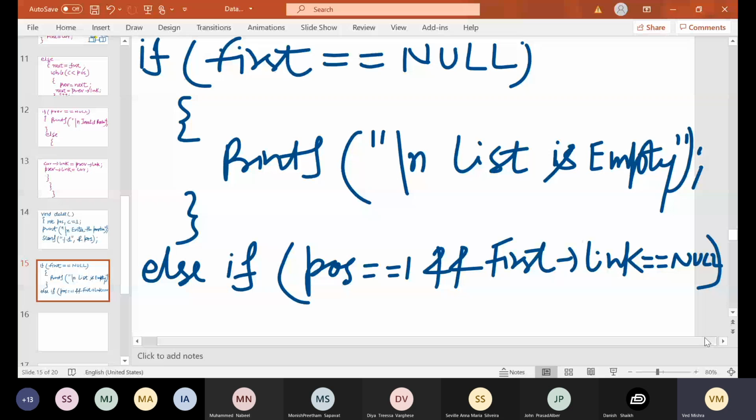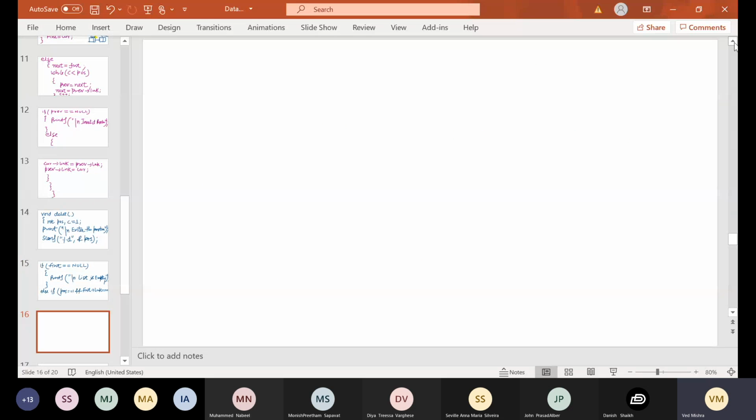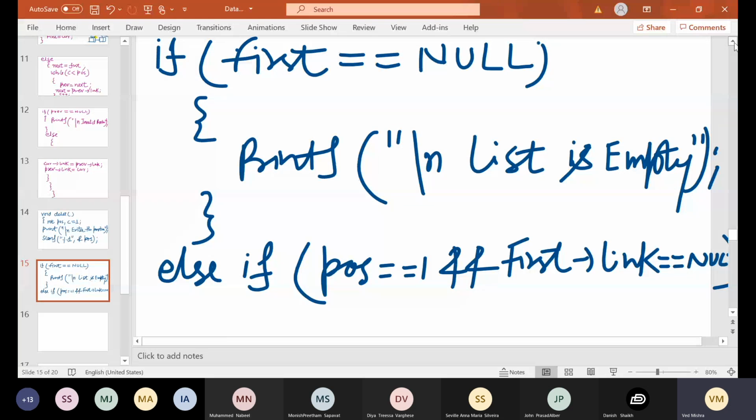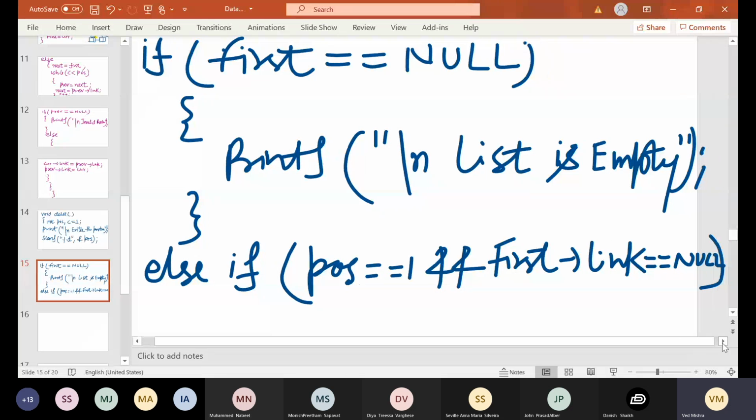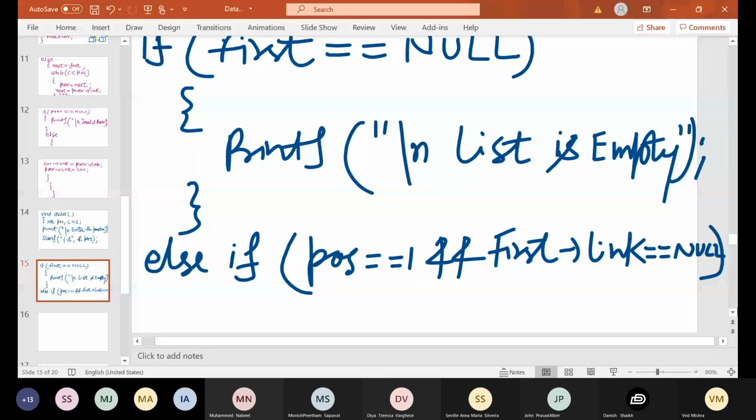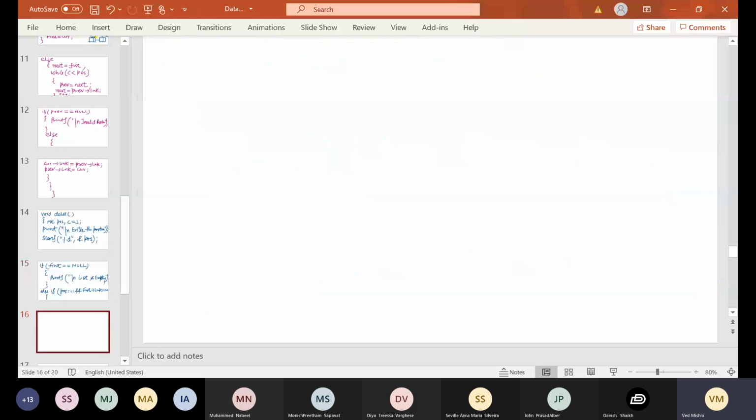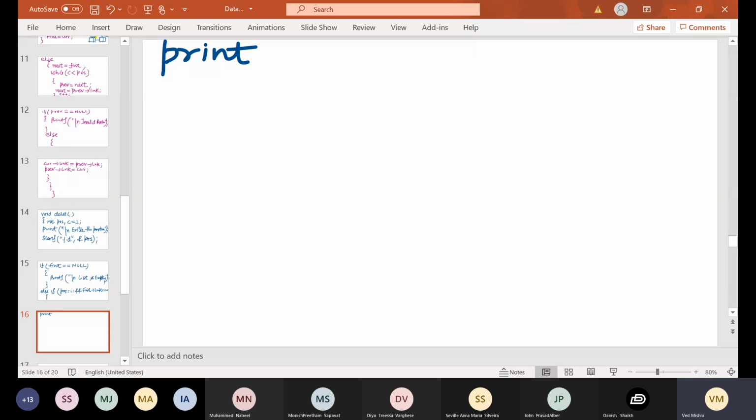Else if position is 1 and first of link equal to null, then what will you do? Printf deleted element is